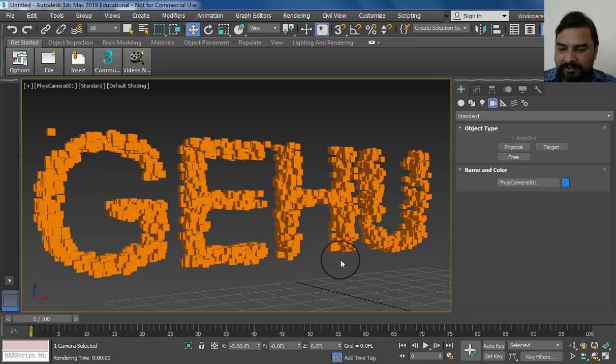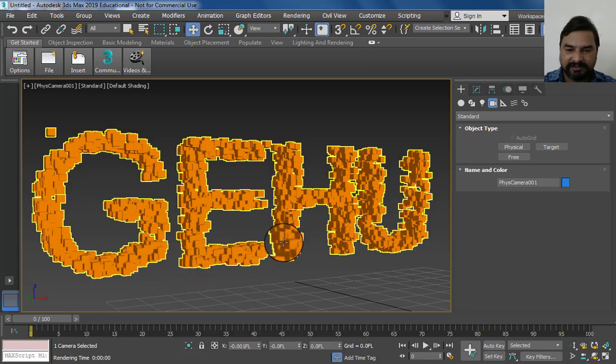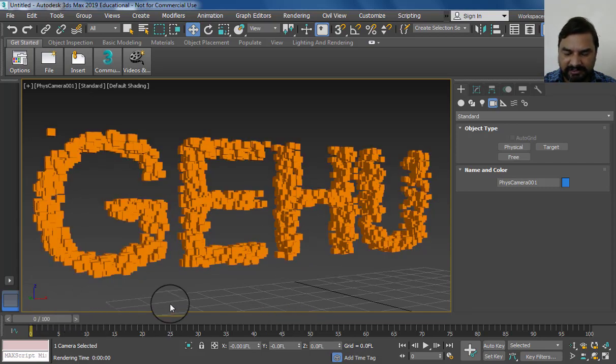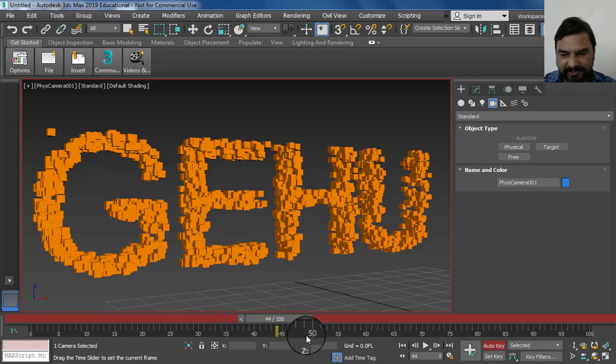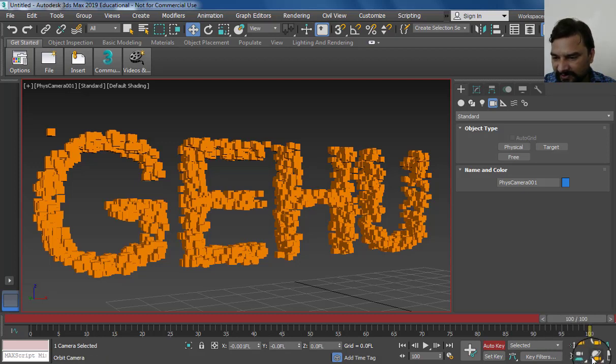Now when we create a camera, we can also animate the camera for a particular movement. Select this one and press Auto Key, create a camera and move to frame 100. We can increase the number of frames, or we can use the orbit camera.